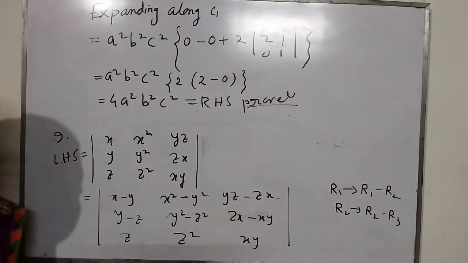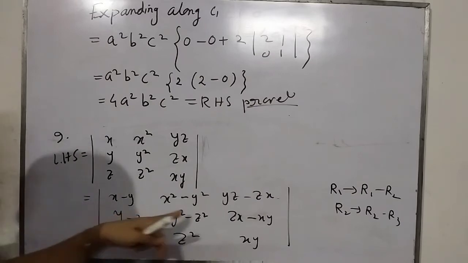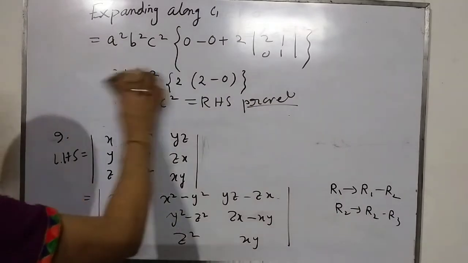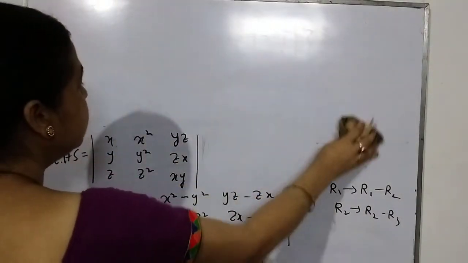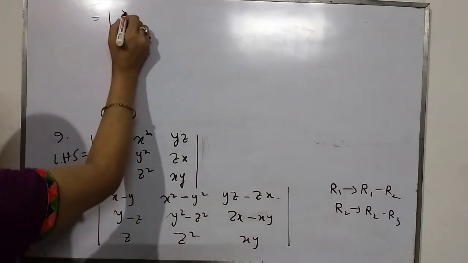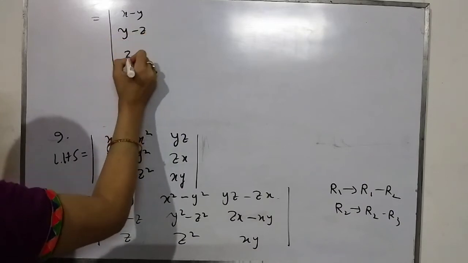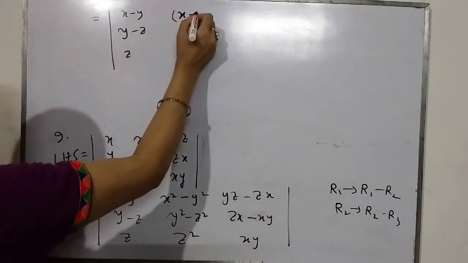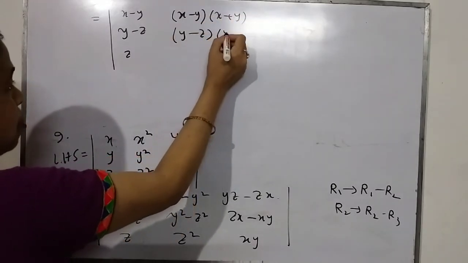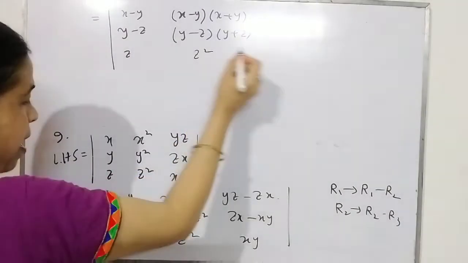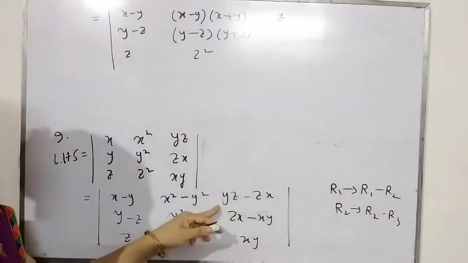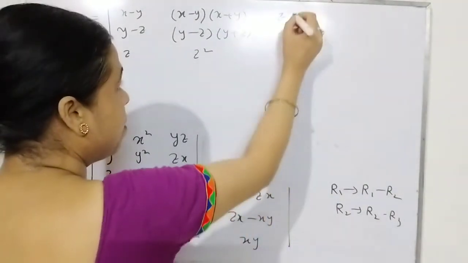Now hope you understand what to do. You simplify this second and the third column. Don't have to do anything on the first column. So keep the first column as it is and simplify your second and the third column. So here we can write down the first column as x minus y, y minus z, z. It can be written as x minus y into x plus y. This is y minus z into y plus z. It is z square. Here I can take common z. I need x minus y common, so I am writing minus z common. Because then x will come out.